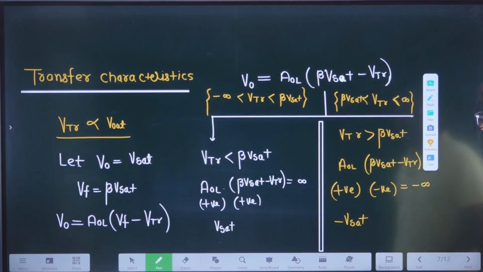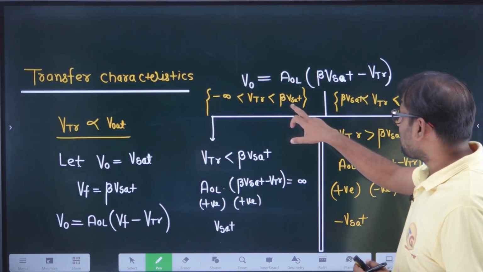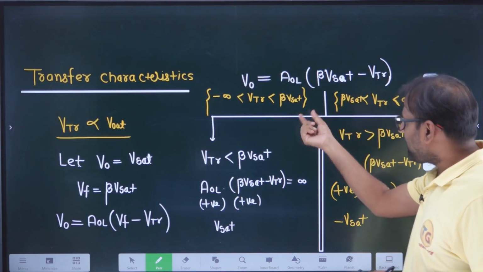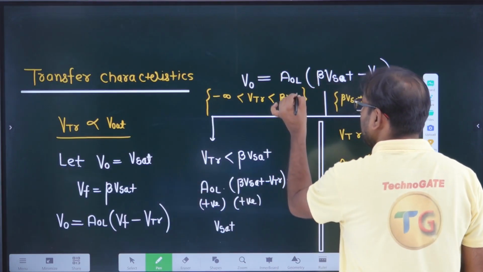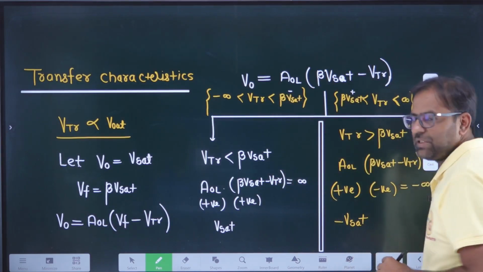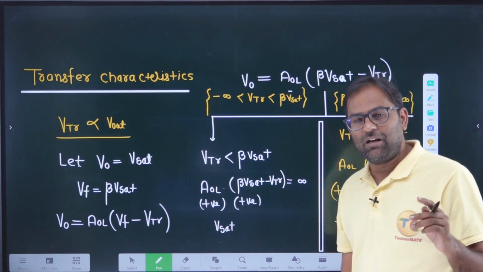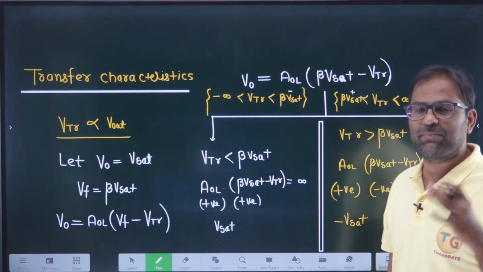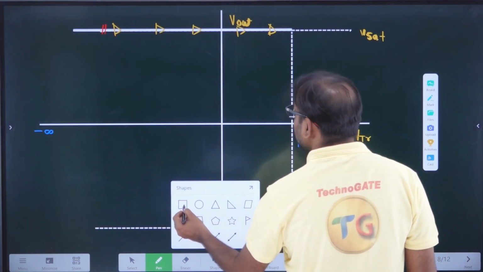So at which point is the circuit changing its state? Can I say, whenever the value is a little less than beta into V saturation, and this value is beta into V saturation plus, the toggle point, or the point where the circuit is changing its state, is beta into V saturation. So can I say at beta into V saturation,